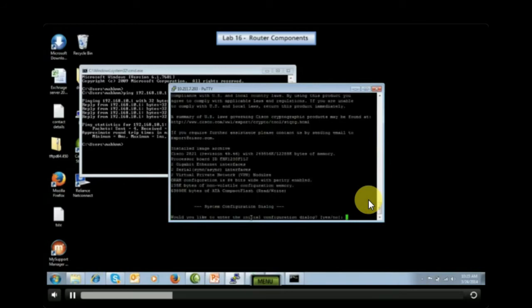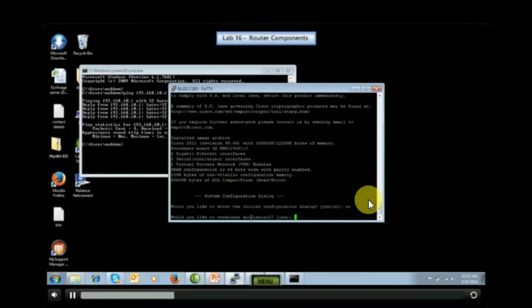The router has booted up, and whenever we don't have a startup configuration, as I told you in the theory, it will enter into setup mode. Would you like to enter the initial configuration dialog? I will say no. Would you like to terminate autoinstall? I will say yes.